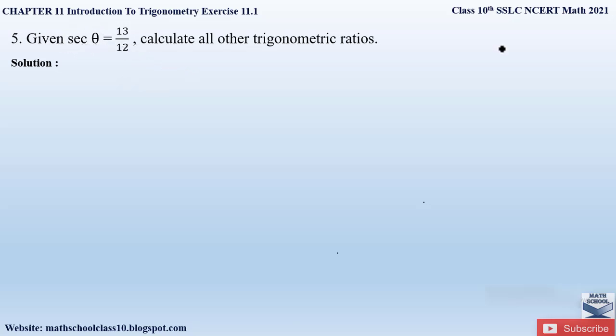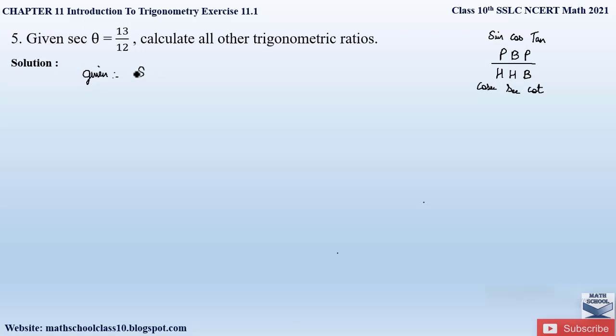The simplest method to remember all the trigonometric ratios is to remember this fraction or the relationship, that is P B P divided by H H B. So here perpendicular by hypotenuse is given by sine, base by hypotenuse is cos, perpendicular by base is tan, and similarly the reciprocal of sine, cos and tan is cosecant, secant and cot theta. So here in the question they have given us the value of secant theta, that is hypotenuse by base.